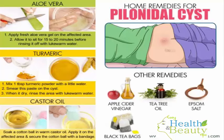3. Apple cider vinegar. Using apple cider vinegar can also help treat pilonidal cysts. Its anti-inflammatory property helps reduce pain and inflammation. In addition, the antiseptic and antibacterial nature of apple cider vinegar prevents bacterial growth that can trigger further infection and delay the healing process. Mix 2 or 3 teaspoons of organic, raw, unfiltered apple cider vinegar in ½ cup of